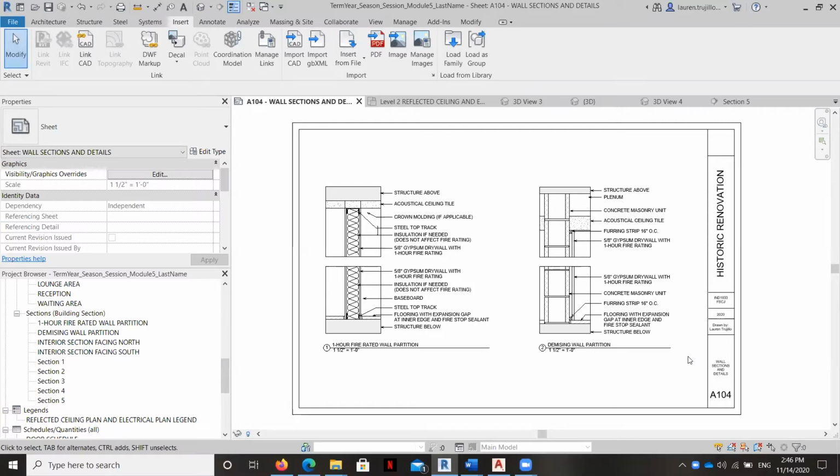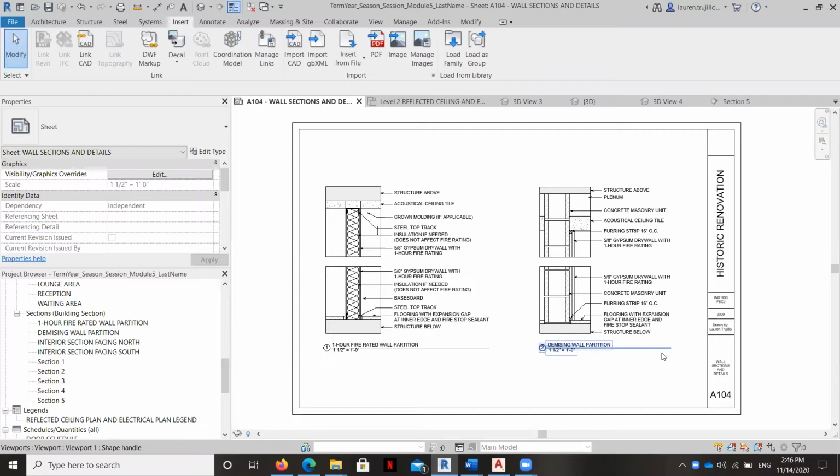In this video, I'm going to teach you how to bring in an AutoCAD detail of a ceiling and fix it so it works better in Revit. And then I'm going to teach you how to save this detail so that you can use it in subsequent projects. And then I'm going to teach you finally how to bring in a Revit detail that's already developed and bring it into your sheet.